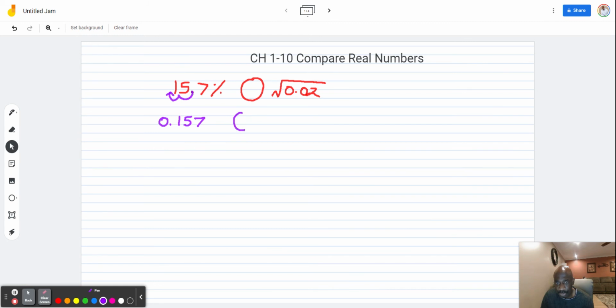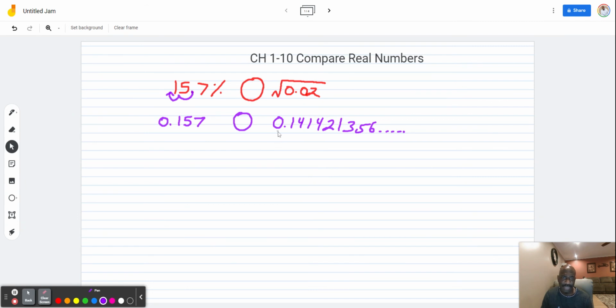Now I'm going to put my circle here and get the square root of 0.02, which I don't know what that is, right? So it's not a perfect square. So we put that in our calculator and we get this number here, 0.141421356, and there's some more numbers that my calculator cannot hold in there. But I got plenty of numbers. I don't need any more than that. All right, so now